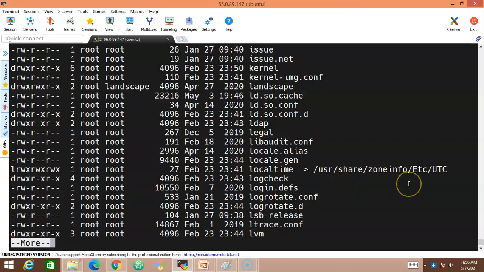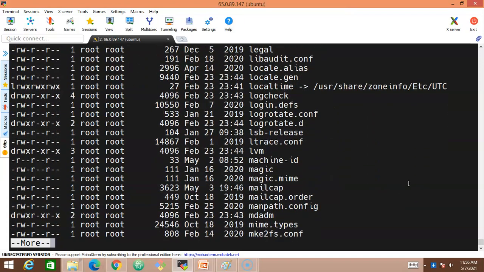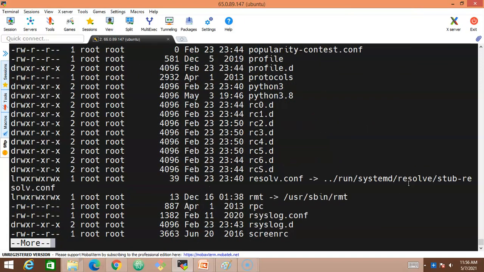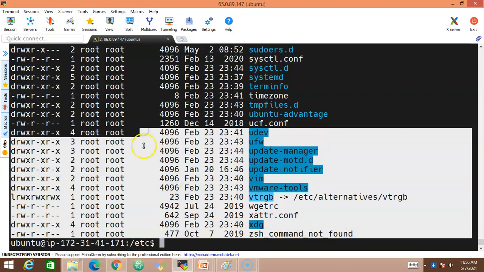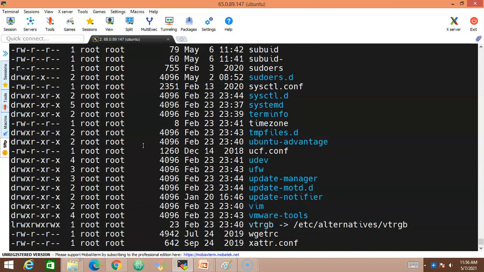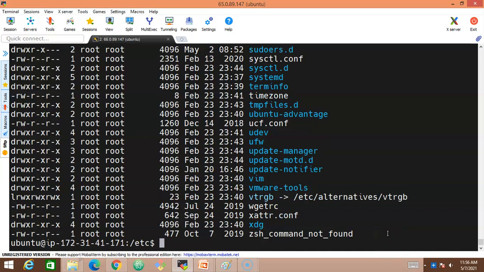So this is the usage of the more command, where you can simply press enter or space. See, look at this, so many pages of content are available, and it is displaying page by page on this terminal. That's how we are able to view the entire contents and see what files are available inside ls -la. If I simply use ls -la, it will come directly to the bottom of all the files, so we have to scroll up and down. Instead of that, we can make use of the pipe and the more command.